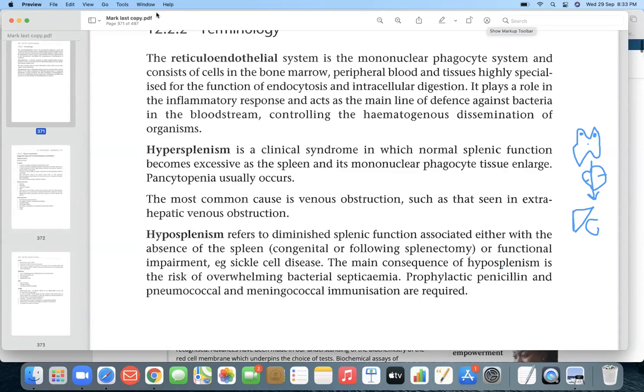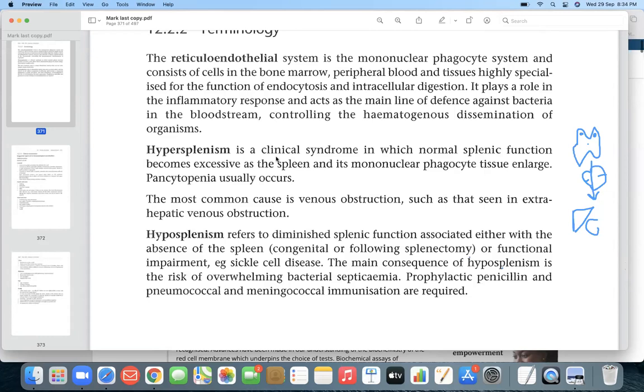So hypersplenism is a clinical syndrome in which normal splenic function becomes excessive as the spleen and its mononuclear phagocytic tissue enlarge. As the spleen enlarges, the normal splenic function becomes excessive. This will result in pancytopenia. So this is called hypersplenism. It will not just affect RBCs, it can start affecting the other cell lines also. Pancytopenia can happen, like thrombocytopenia, neutropenia, along with the